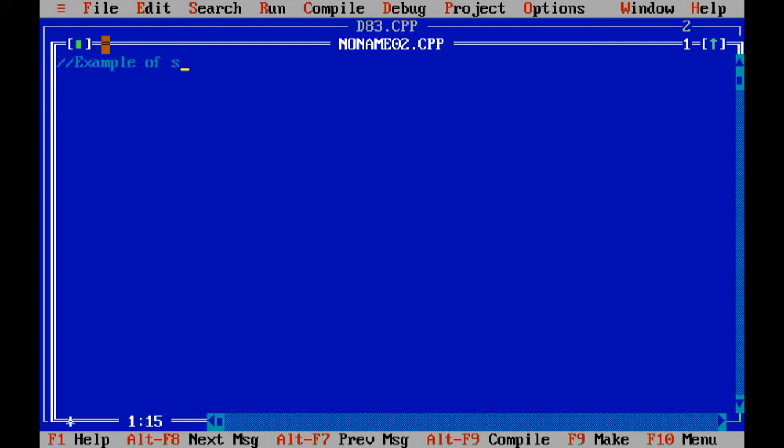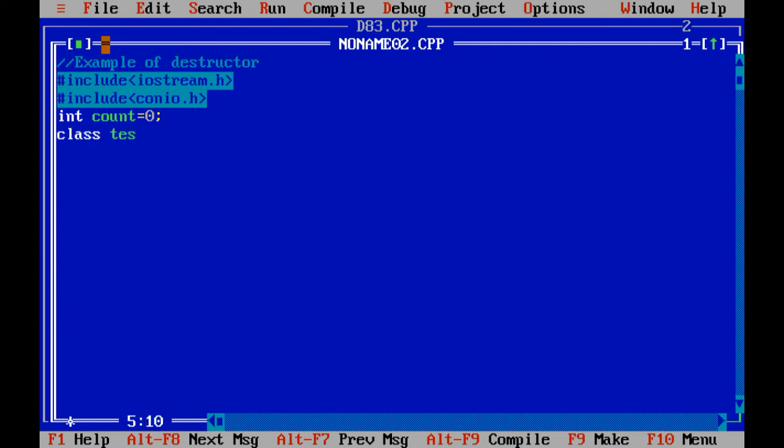Example of destructor. Include 2 header files, iostream.h and conio.h, integer count equals 0, class test, public.